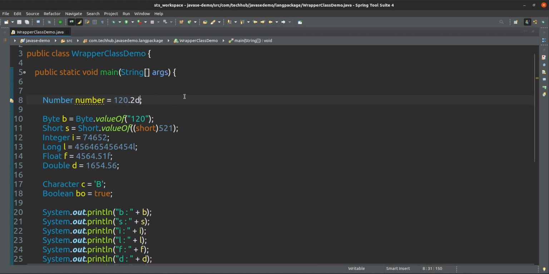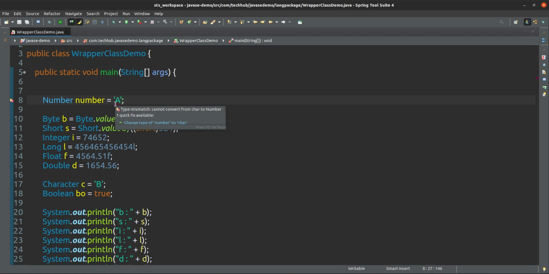Yes, this is a double. If you don't give the suffix, that is also double, because Number can take any type, because Number is the super type of byte, short, integer, long, float, or double. For them the super type is Number, but you cannot give a character here, like this one, because this is not a number.